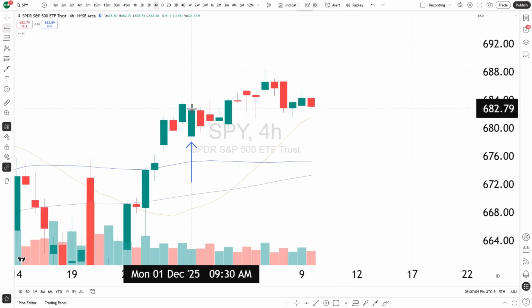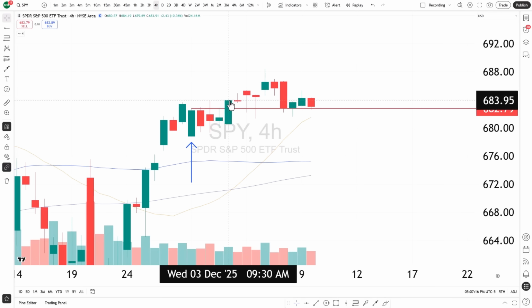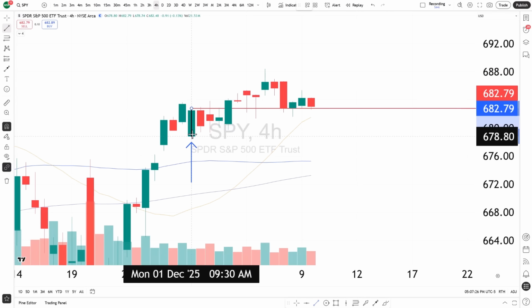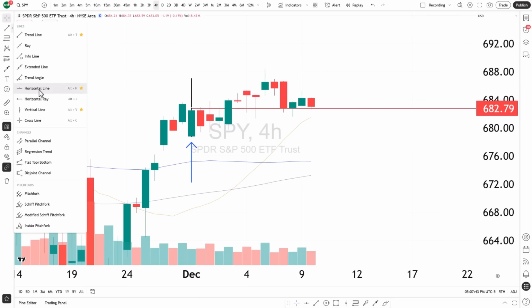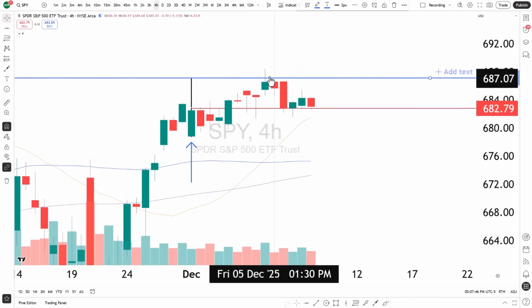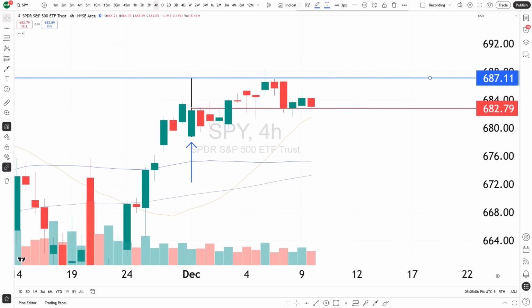Once we started to close candles above the high of this candle right here, that breaks the inside bar pattern, and then we could expect a similar move toward the upside. That puts you somewhere in this vicinity. And what do you know? We did find overhead resistance near that area. Again, the market isn't perfect. We're not in search of perfect. But we utilize all the tools in our toolbox to put the odds in our favor.